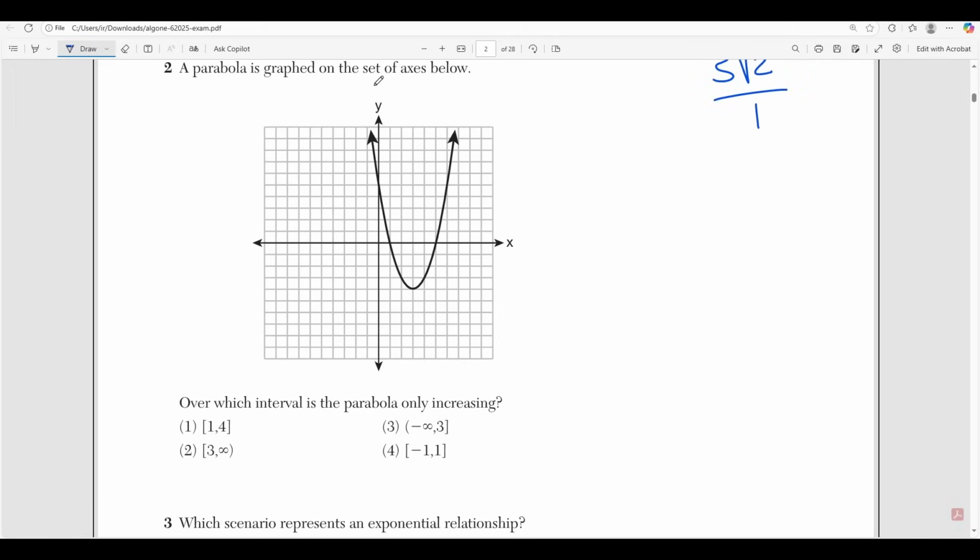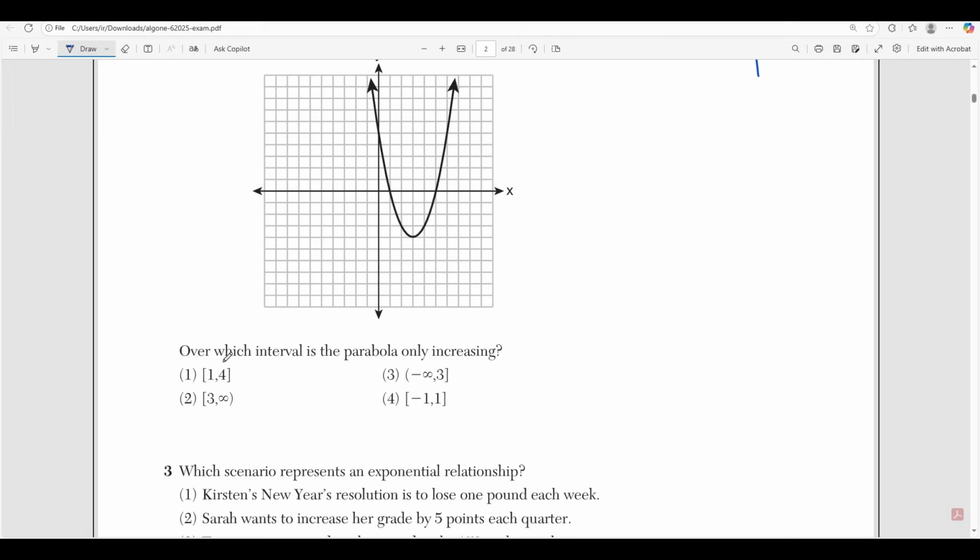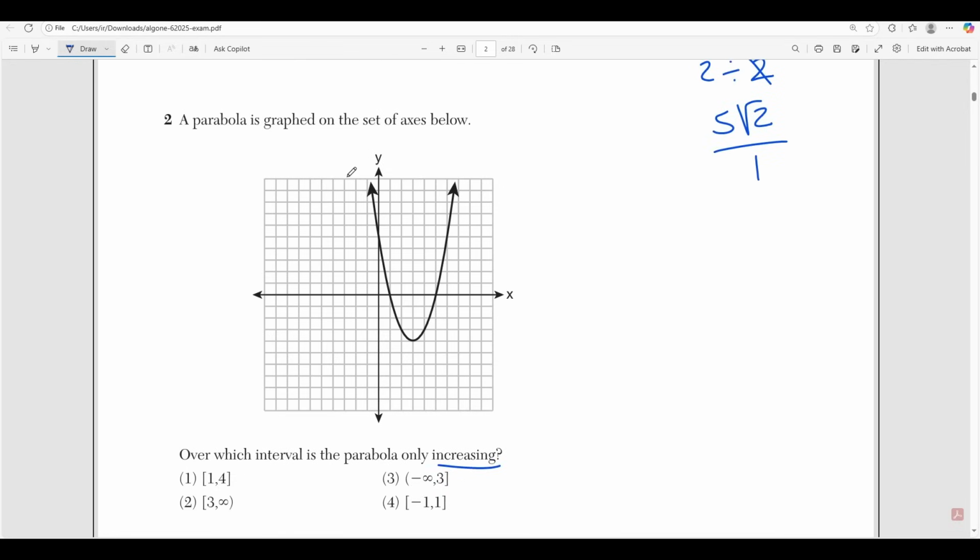Number 2 says the parabola is graphed on a set of axes below, and it asks us on which interval is the parabola only increasing. So in this case, we need to know how to read a graph. You read the graph from the left-hand side all the way to the right-hand side. So put your pen down on the paper from the leftmost point, and then begin going from left to right. So as I'm going down from left to right, and I'm tracing this graph, I realize that my pen is going to the bottom of my page, meaning that it's decreasing, right? So we're decreasing